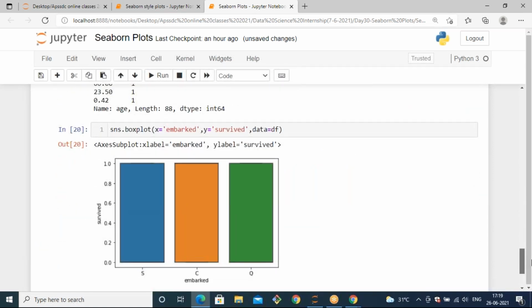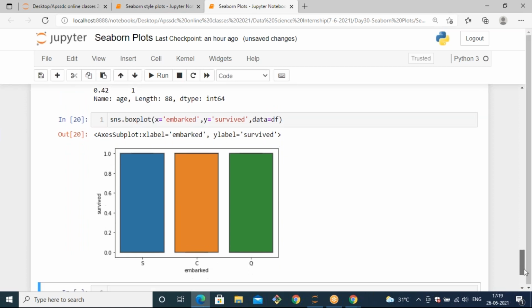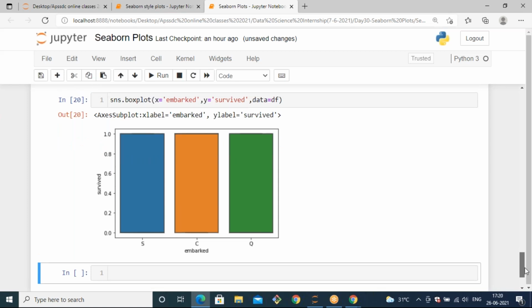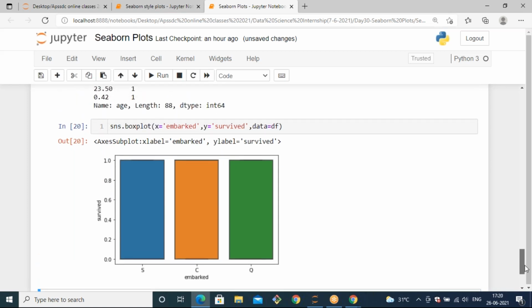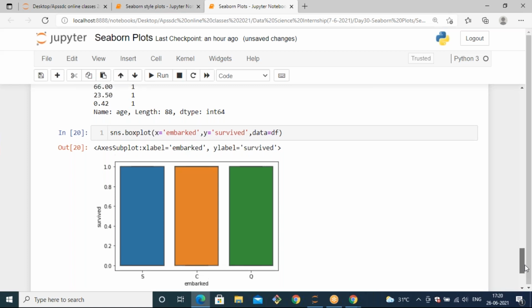So here we have embarked also, with three classes: S, C, and Q. I don't know the exact meaning of embark, but if you want to observe the column description, you just go to the Titanic dataset description, which came from Kaggle or some other sources.